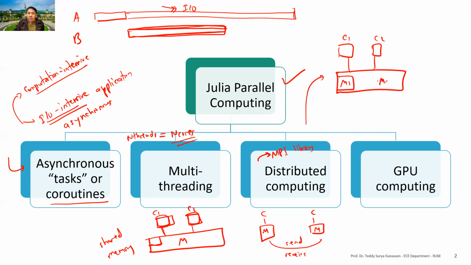Okay, M2 will have a different location. So again, the same thing: you need to have explicit send and receive because the memory is not shared, unlike this one, in which the memory is shared. If you have variable A here, core 1 can access A, core 2 can access A. Access means you have read and write operations.